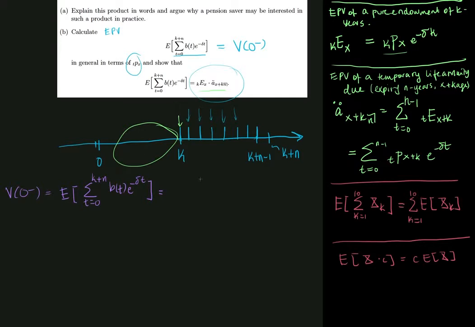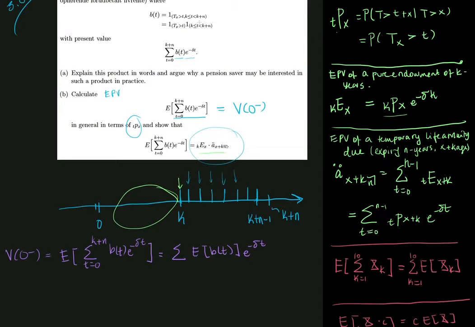So what we have here is we can take out the sum, and then we have the mean value inside, B of t, and also we can take out the e to the minus delta t. And the reason why we can do that is because the e to the minus delta t is not stochastic. The reason why I don't take b of t outside is because just in a second I will have to plug in the value of b of t, and we note that b of t depends on the remaining lifetime,